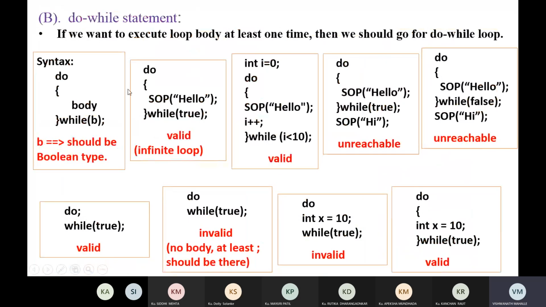Okay. So similarly for do while. You already know the difference between while and do while. If we want to execute the loop body, or the statement within this do while loop, at least once, then we should go for the do while loop.